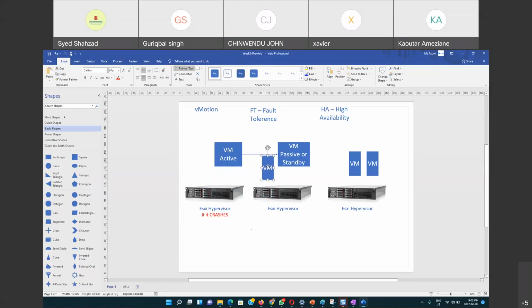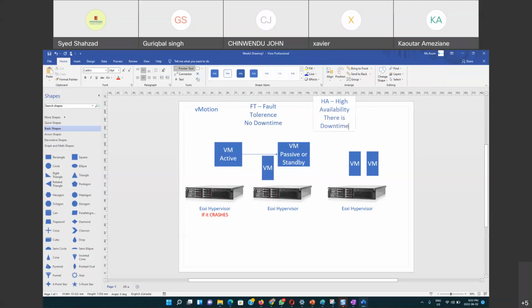If it crashes, all the virtual machines on top of this one will be restarted on the other surviving hypervisors, but there will be a downtime. So with fault tolerance, there is no downtime. And with high availability, although the name says high availability, there is